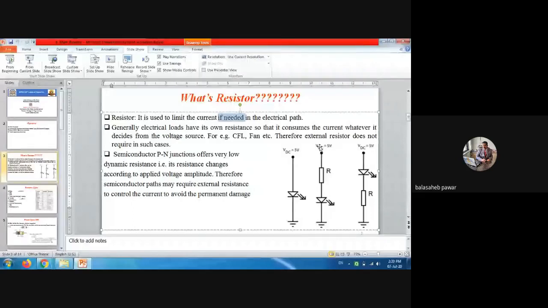Generally, whatever electronic circuits we design and develop are operated from a DC source, dry cells, like our mobile handset. You might have seen the current rating of that battery. It is a very strong DC source. Its voltage rating is almost 4.5. This is particularly used as a strong DC source.